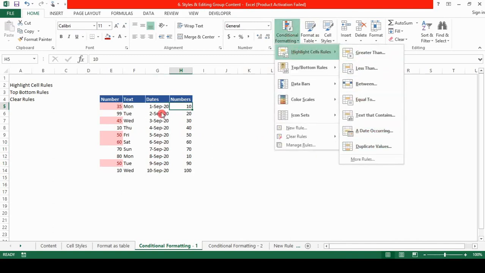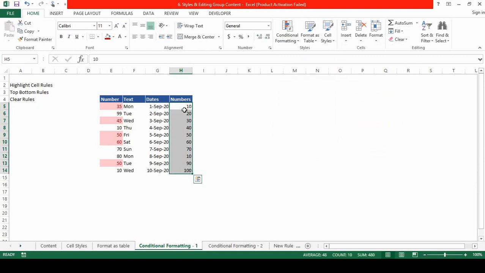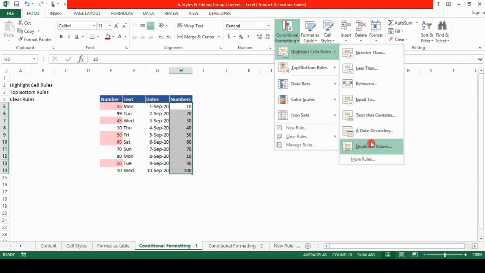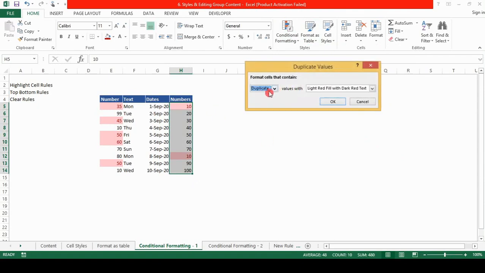The duplicate values. Yes, this is also interesting. We first select the cells, we go to duplicate values, and we enter that we want the duplicate. So in this case it is 2 times. You can see that 10 is there, so that is why it is highlighted. We can also select unique, meaning those which are not duplicate are highlighted, and click OK.